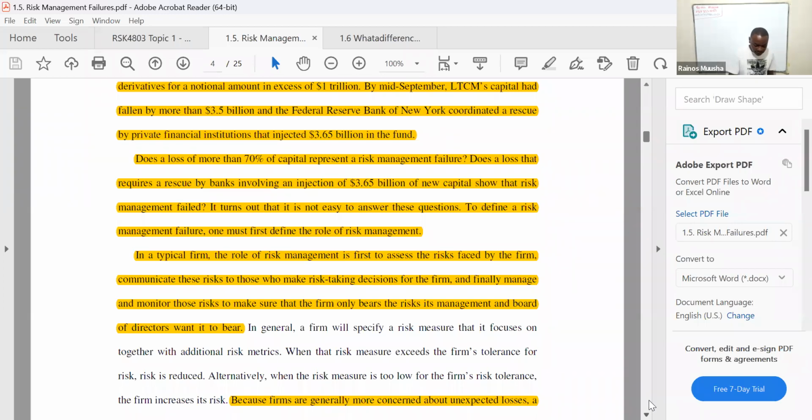It turns out that it is not easy to answer this question. To determine a risk management failure, one must first determine the role of risk management. In a typical firm, the role of risk management is first to assess the risks faced by the firm, communicate these risks to those who make decisions for the firm, and finally, manage and monitor those risks to make sure that the firm only bears the risks its management and board of directors want to bear. So looking at this, we're basically saying that as a risk manager,